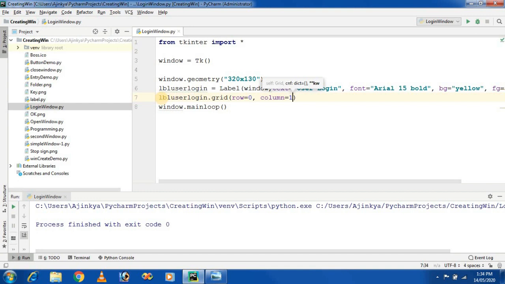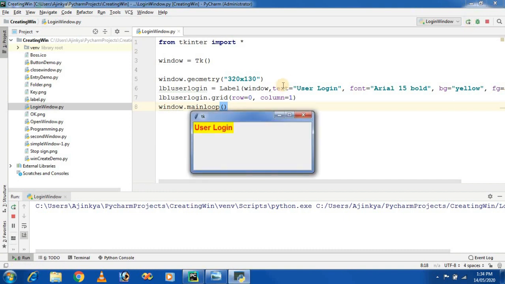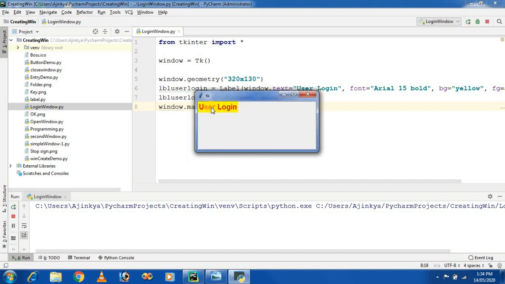So let's run the project and see what the output is. This is our user login screen. I want to display the user login at the center of the screen. So I need to move the label from left to some point.